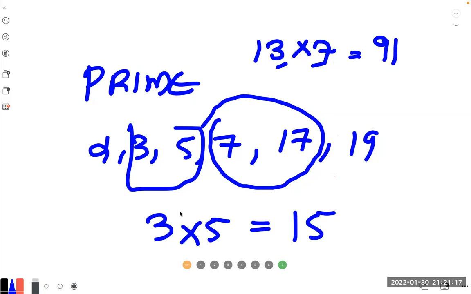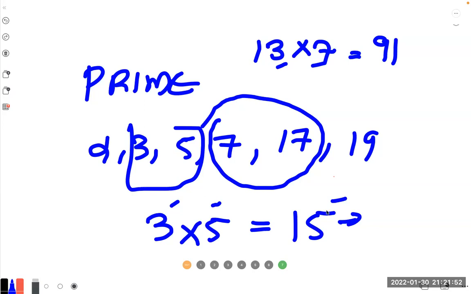So what they will do, Amazon will keep 3 and 5, and they will give you 15. So 3 and 5 is Amazon's, they have this number, and all over the internet they publish this 15. So you have to multiply by 15, and anybody in the middle, they don't know what that private key is, 3 into 5. So they will do the math. But